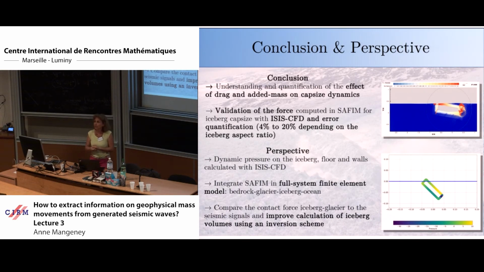The problem is that on site you have an ice melange, with a lot of small ice that is breaking, and it makes a viscous layer on top of the ocean that will change the waveform, but maybe we can simulate it. This is a general idea that we have: not to use only seismic data, but also all the waves that are generated. Could be acoustic waves, could be tsunami waves, to constrain the process more.